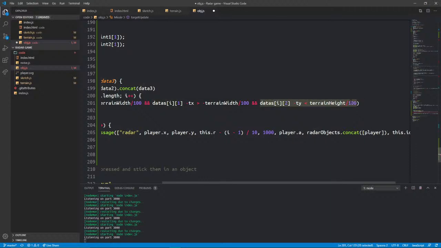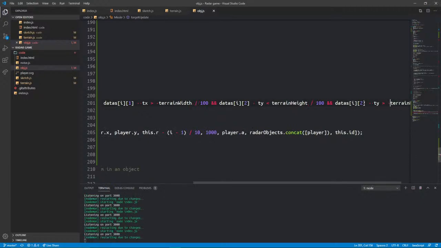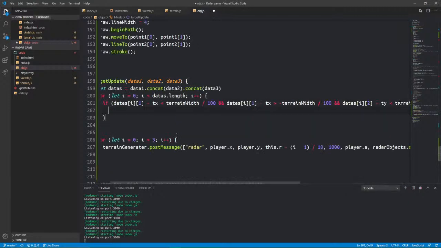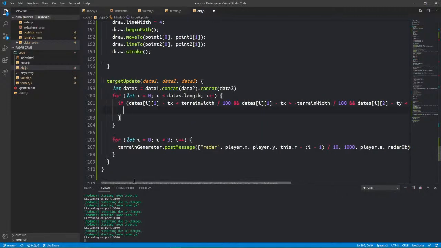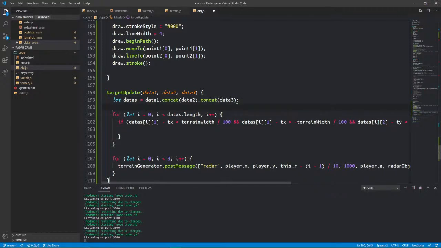So you can copy that. And if it's greater than the opposite, that should check if it is in a square around the target x. So if it is in a square, we can say